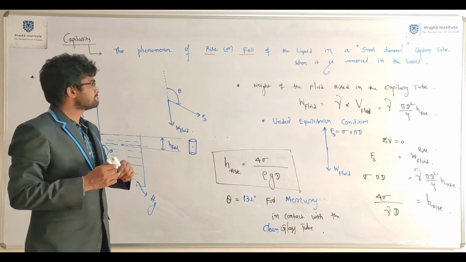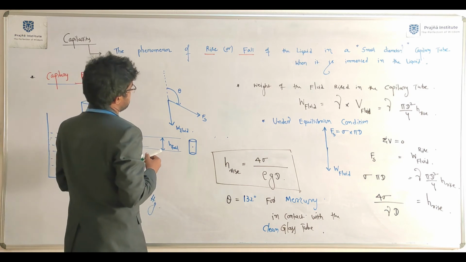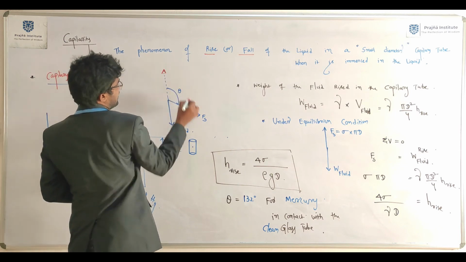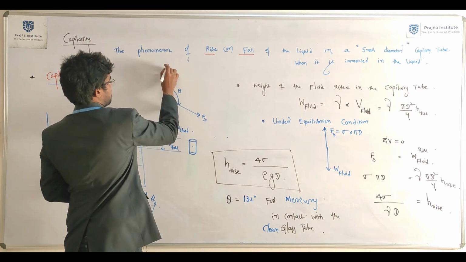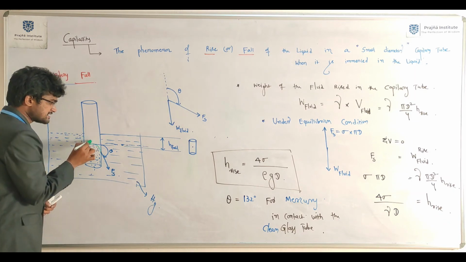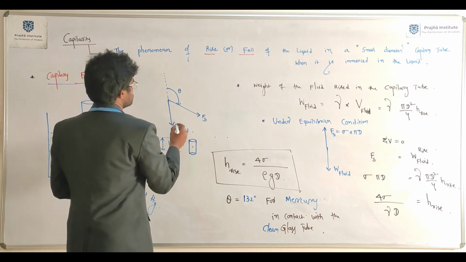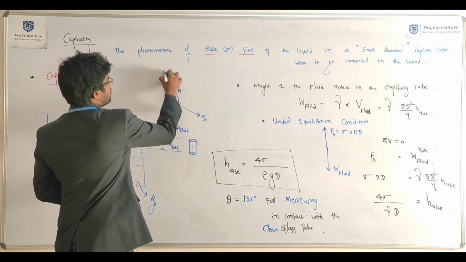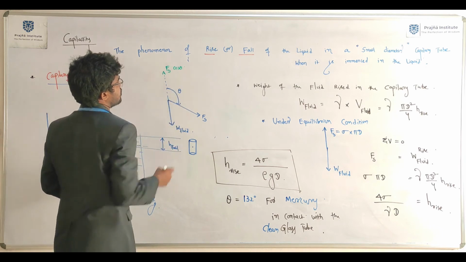Here for Fs, we take Fs cos theta. Now we need to resolve the components. This is the free body diagram for the fluid present here. Some fluid has fallen, and for that you write the weight of the fluid fallen. So what is the vertical component? Fs cos theta.